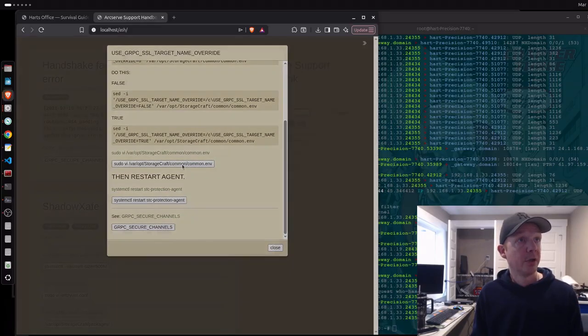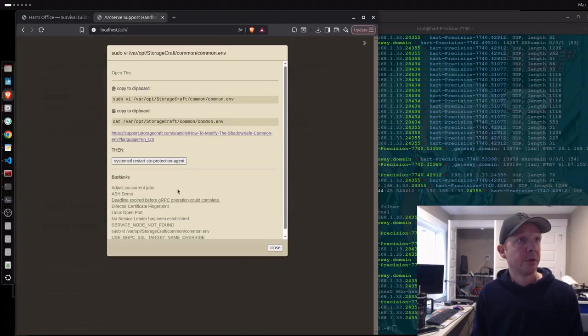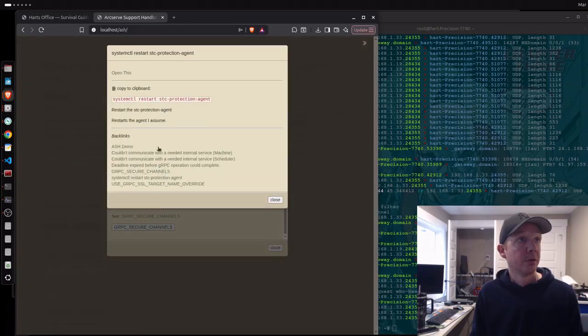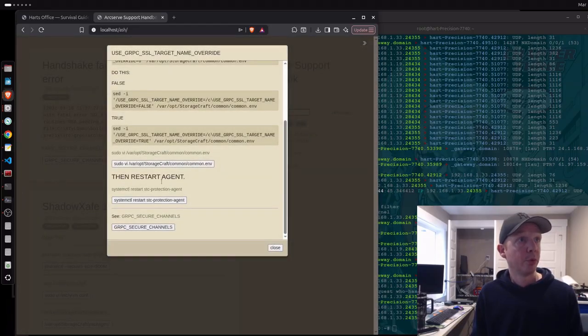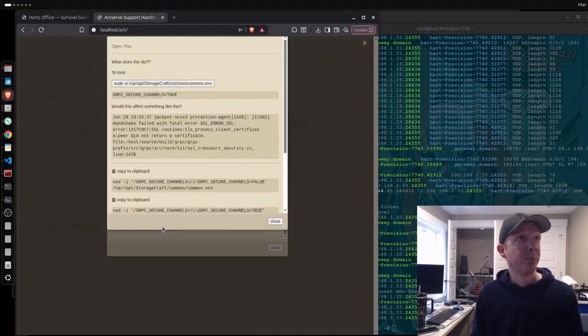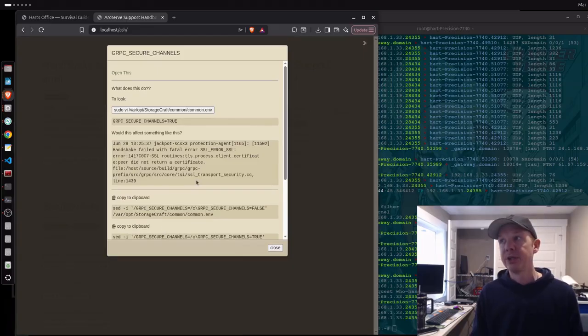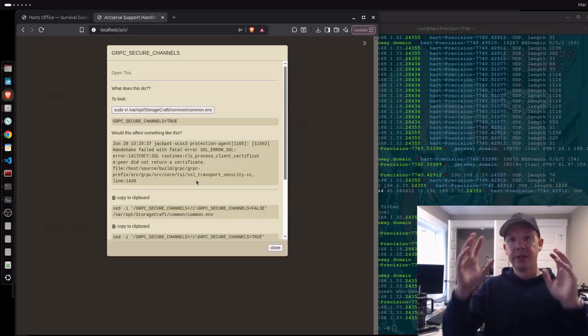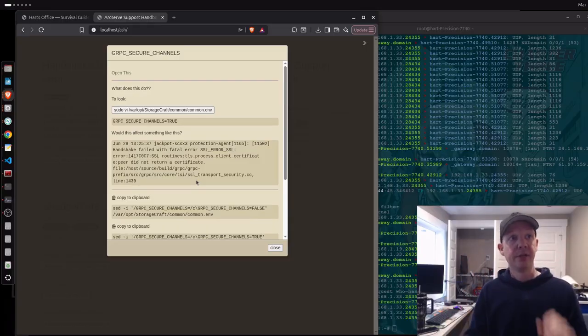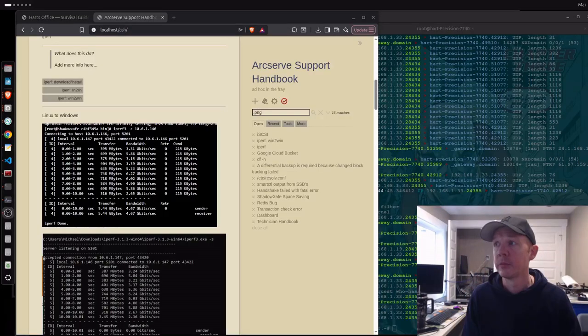Right, and then here's the common.env file. Again, you might have to restart it if you change it there. Of course, if you have to restart it from that point. And then this going back. So it's a bit circular, but when you're on the phone with a customer, you hit one thing, the next thing, the next thing, the next thing, until you get to what you need.